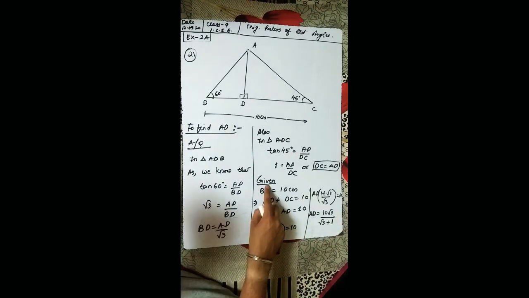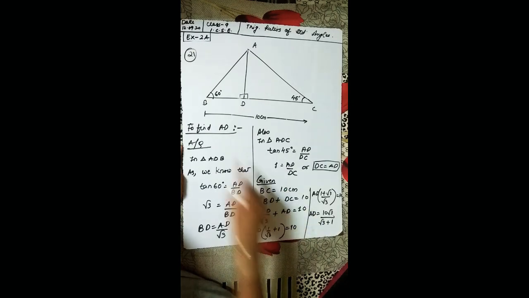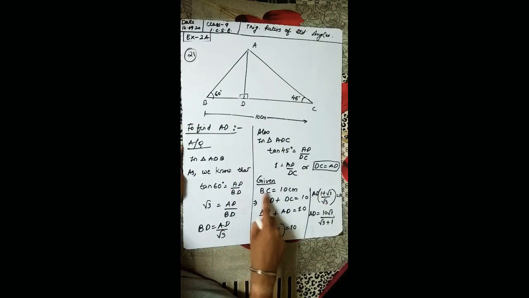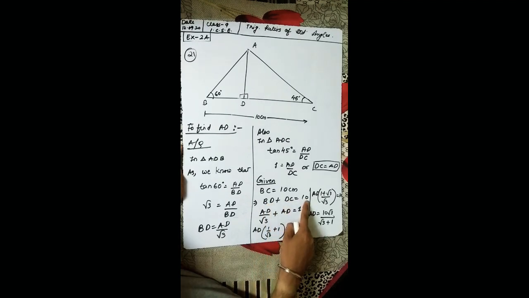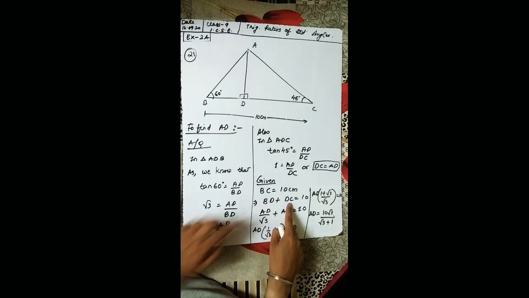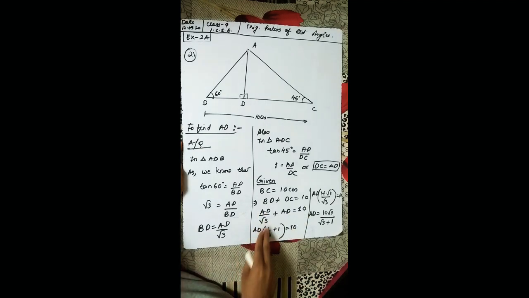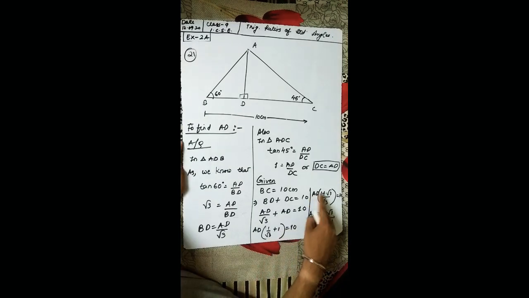Okay, now we are given one thing, that BC is equal to 10 centimeter. Can we write this BC as BD plus DC? So I've written this BC as BD plus DC equal to 10 centimeter. In place of BD, we can write AD upon root 3, and in place of this DC, we can again write AD, equal to 10. Take AD common. So 1 upon root 3 plus 1 equal to 10. Take the LCM, AD into 1 plus root 3 upon root 3 equal to 10. Take root 3 that side, and this 1 plus root 3 or root 3 plus 1 in the denominator. So AD will be equal to 10 root 3 upon root 3 plus 1.